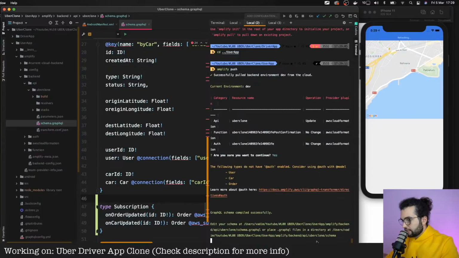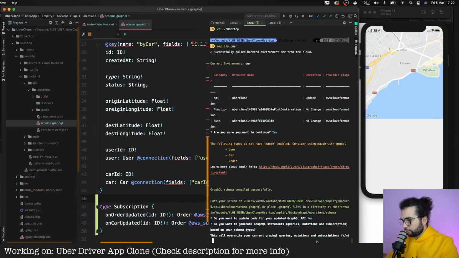Update, yes. The following types are not okay, that's okay. And yes, we want GraphQL API. Yes, yes, yes. Updating resources in the cloud. Okay.